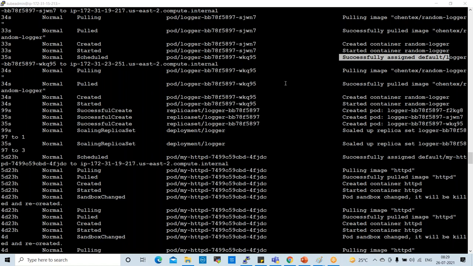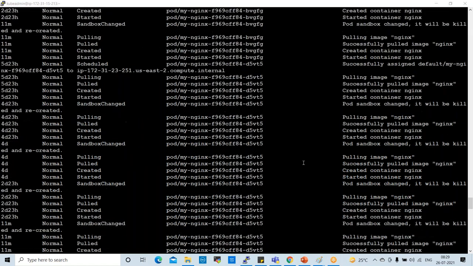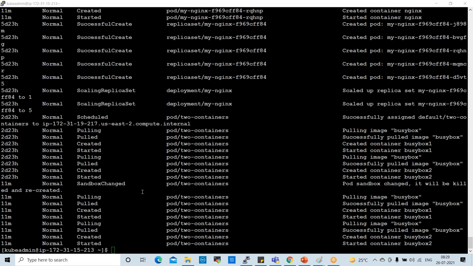Also, namespaces are like virtual containers. I'll show you how to check a particular pod's events.